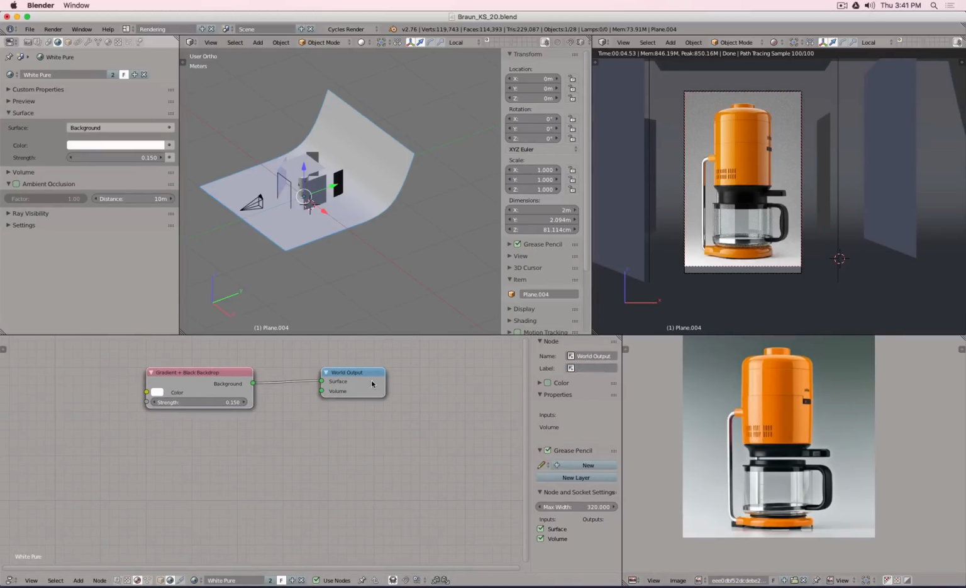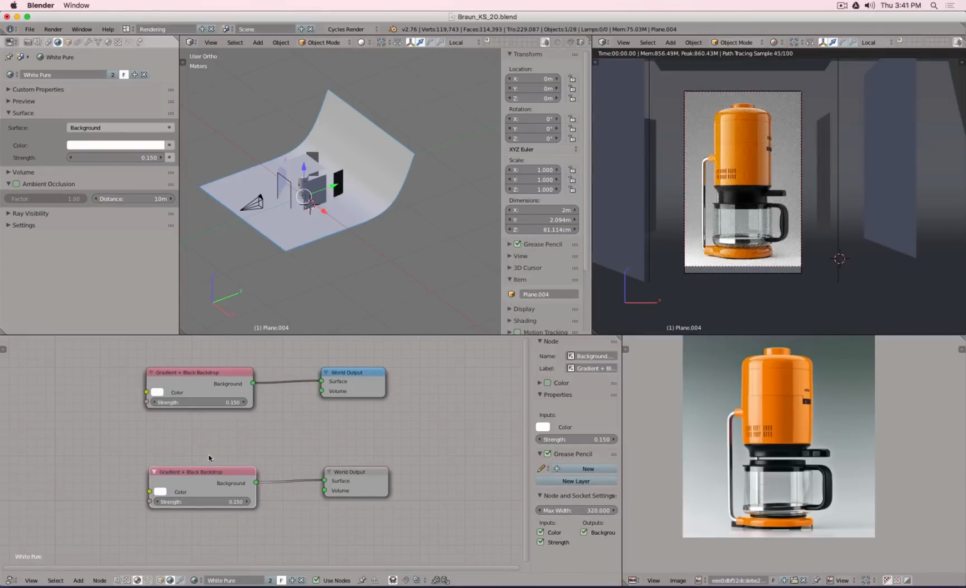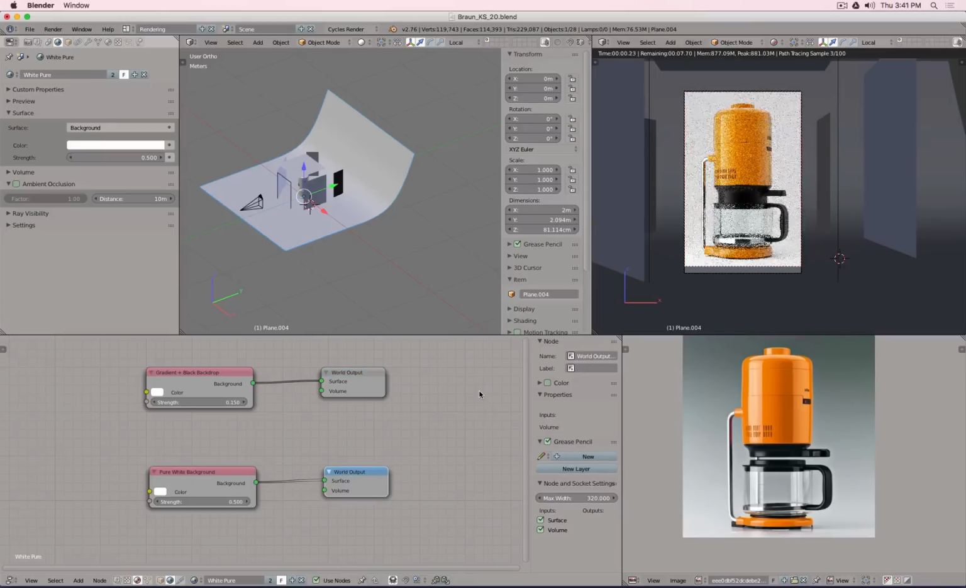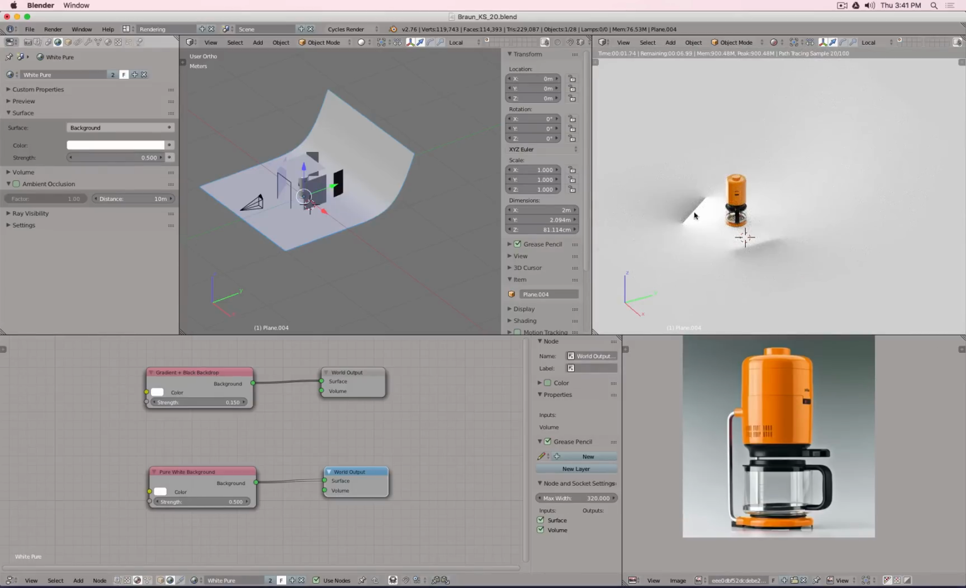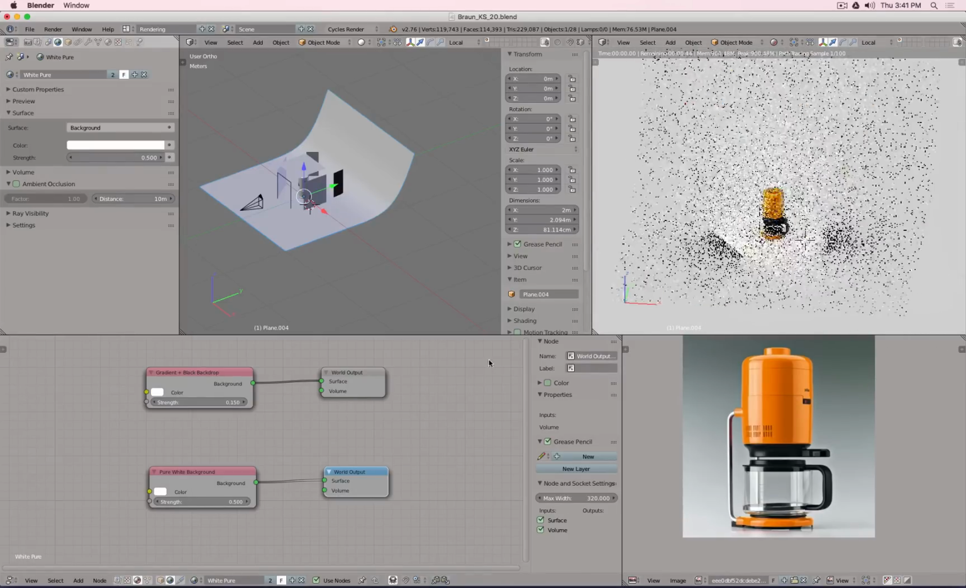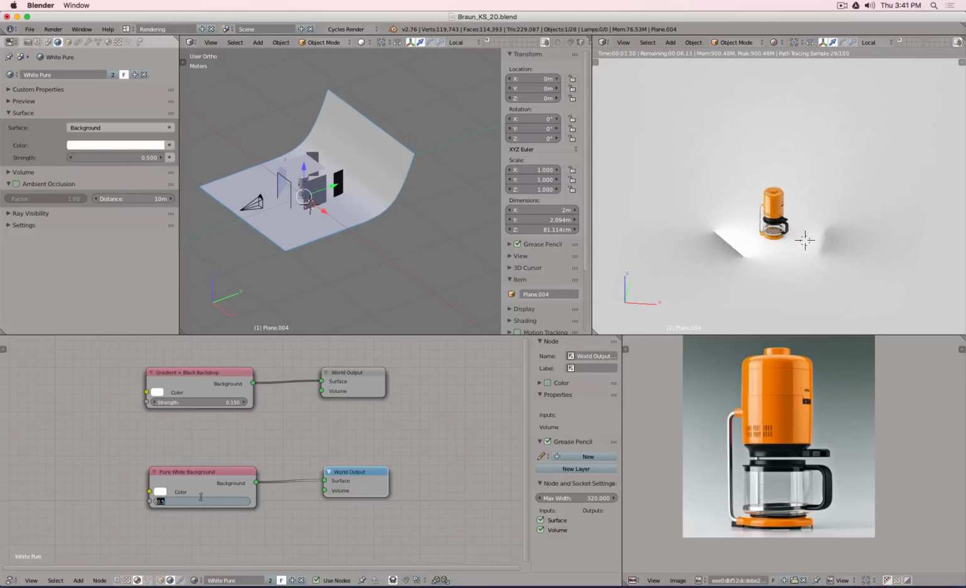Now I could Shift D, make a copy, and this one, for example, we now call pure white background. Because what we'll do now is, what happens when we set this to 0.5? You see, everything gets much brighter already, because I'm artificially flooding the scene. So when we go to the outside, you see how bright everything is. If I set this to 1,